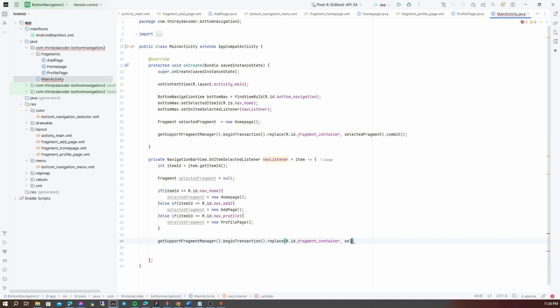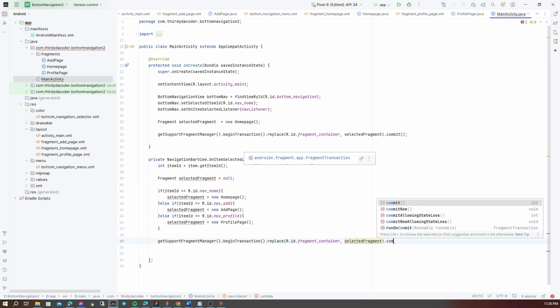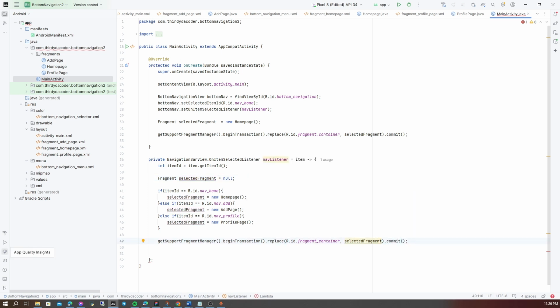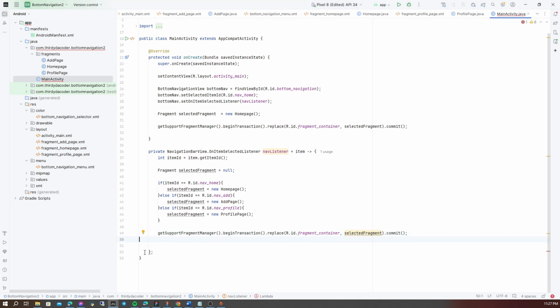Then the selected fragment, we can call this, then add commit. Okay, here we go. As you can see, we have the error: add return statement, because the navigation bar view requires the return. So we're going to add return true.